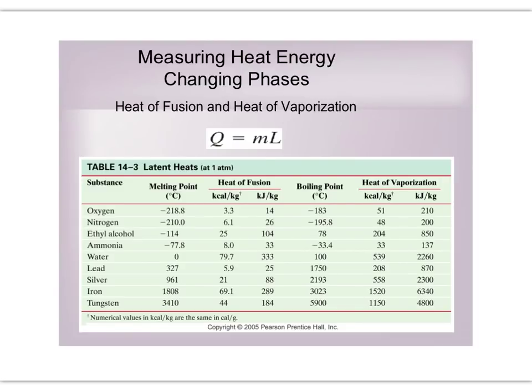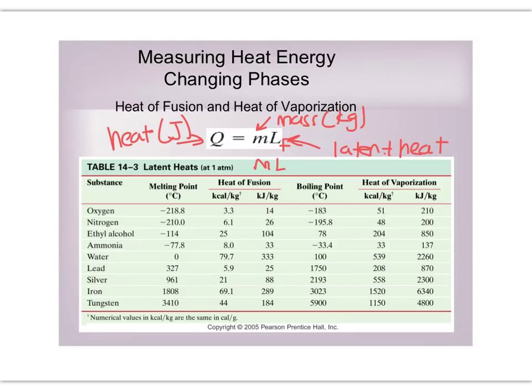The equation to find the amount of heat required to change phase is given here. Q equals mL, where again, Q is heat energy, which is in joules. M is mass, which is going to be in kilograms. And then finally, L is the latent heat. And quite honestly, it's going to be the latent heat of fusion if it's melting,